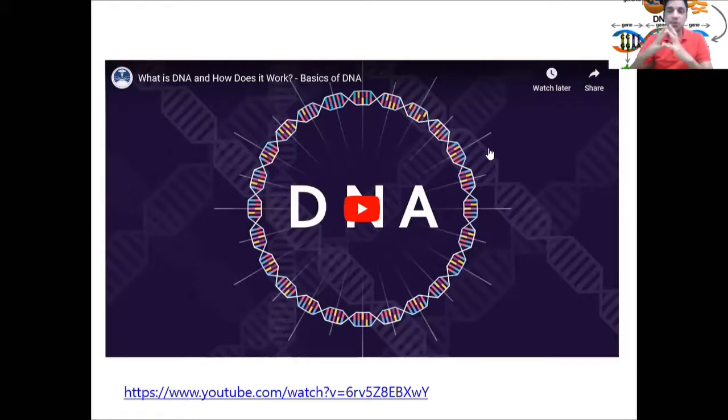So that is the DNA, which is actually controlling almost everything in life. So if one organism or individual is different from the other, that simply means that that organism is carrying either a different amount of DNA, or a different sequence of DNA, or a different type or nature of DNA. Even in humans,